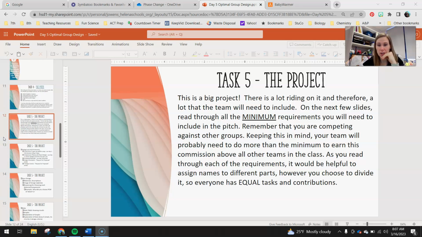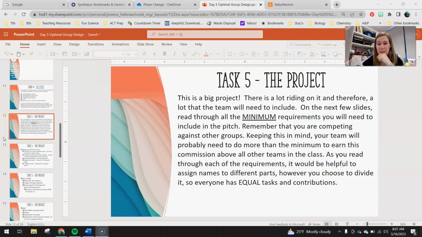Okay, this is a big project. There's a lot of writing on it, and therefore a lot that the team will need to include. On the next few slides, read through all of the minimum requirements that you will need to include in the pitch. So at a minimum, what I'm going to list is what you need,